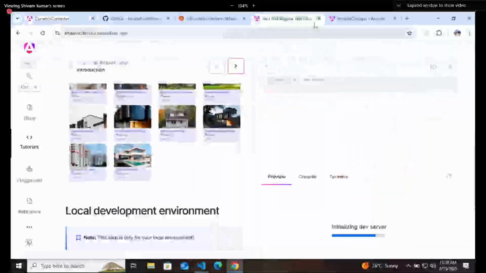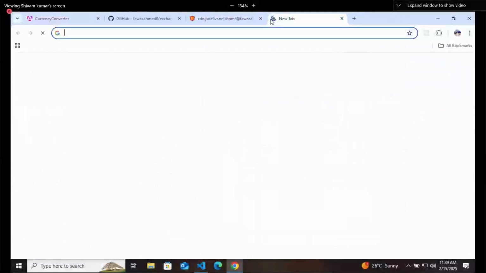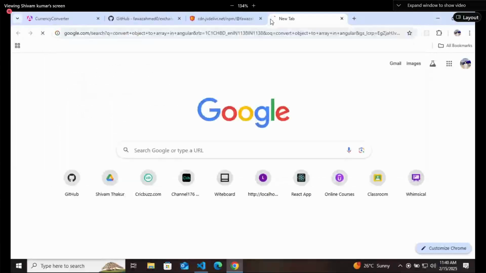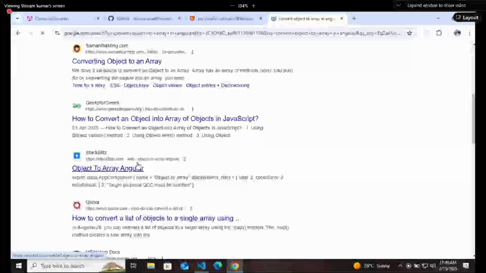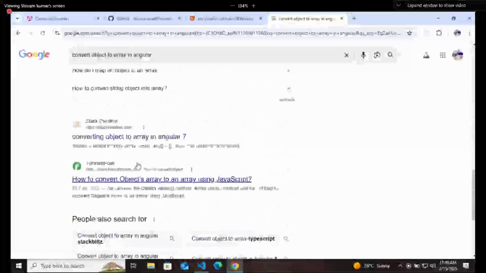For that, again, go to official documentation. I'm taking you to the official documentation because you should understand it. Convert object to array in Angular, right? Go to this official documentation you can use.